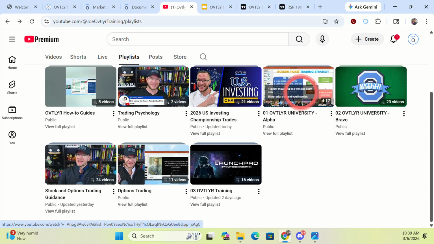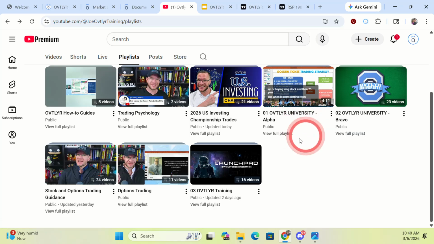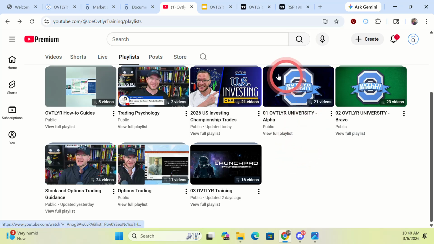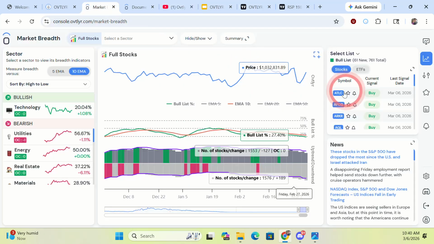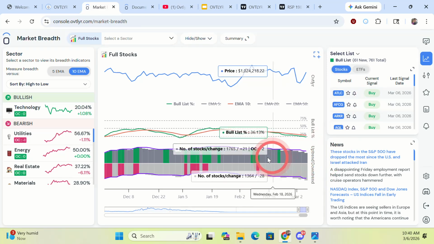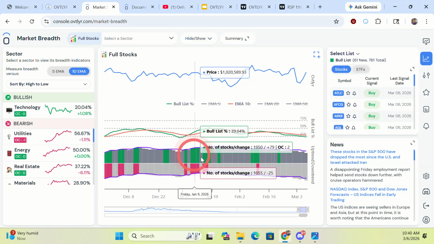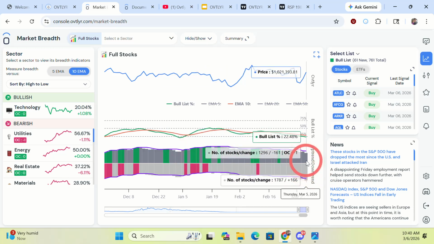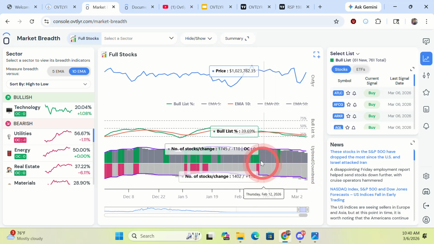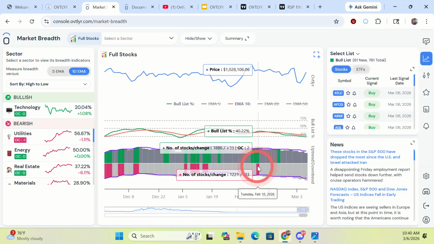So what this is pointing out is when these are gray and light gray and dark gray, it's suggesting to us that we don't have an increasing number of stocks with a buy signal. We do have an increasing number of stocks with a sell signal. When they're colored like this, that's telling us that I think it's over a 4-day period, the number of stocks with a buy signal is increasing and the number of stocks with a sell signal is decreasing. And so the signal here in Plan M that discusses outlier channels in the sector is referencing